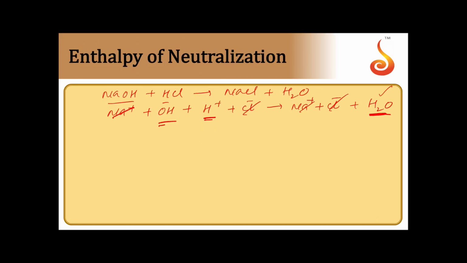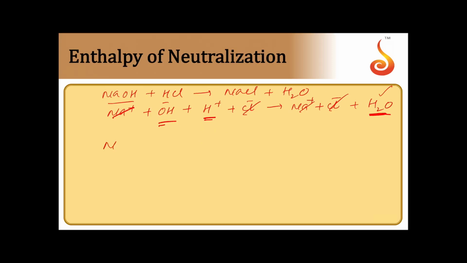If one of them or both are weak, the reaction also involves formation of 1 mole of H plus, formation of 1 mole of OH minus, and then formation of 1 mole of water. When one or both of them are weak, there are two steps. Whereas in the case of a strong acid and strong base, we already have 1 mole of H plus and 1 mole of OH minus, therefore it involves only formation of 1 mole of water from 1 mole of H plus and 1 mole of OH minus.